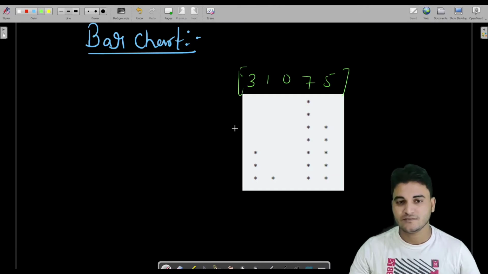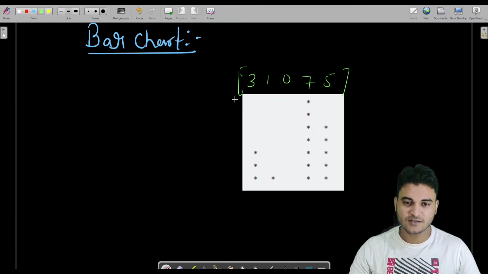Fine. So first of all, you have to detect how many rows are there and how many columns are there. So if you can see here, we have 7 rows, which is 1, 2, 3, 4, 5, 6, 7. So we have 7 rows and 5 columns: 1, 2, 3, 4, 5. Fine.